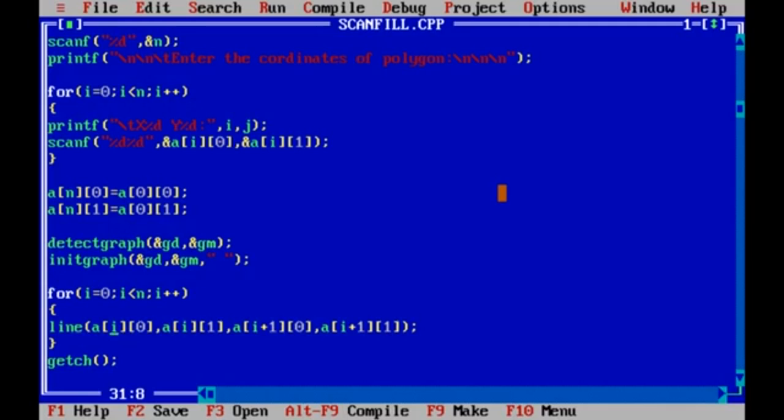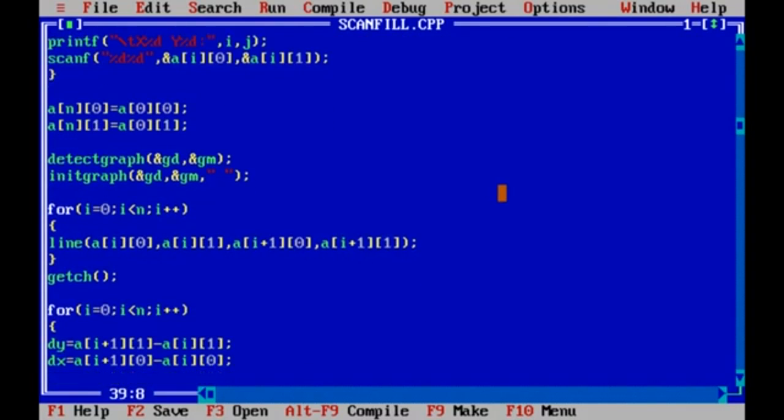And how do we detect a coordinate? It is nothing but a of i of 0 and a of i of 1. This is one coordinate. Another coordinate is a of i plus 1 of 0, a of i plus 1 of 1. So this is the line function, which has a total of 4 parameters. Hope you understood how we are going to use that.